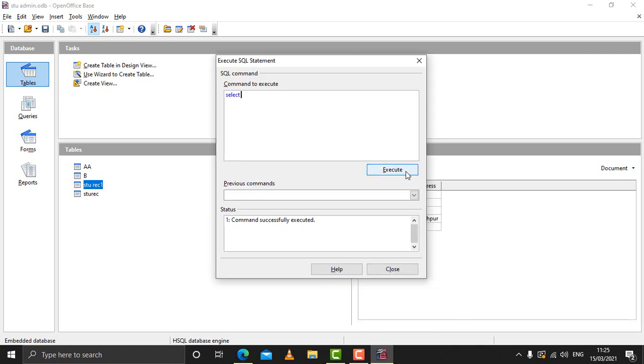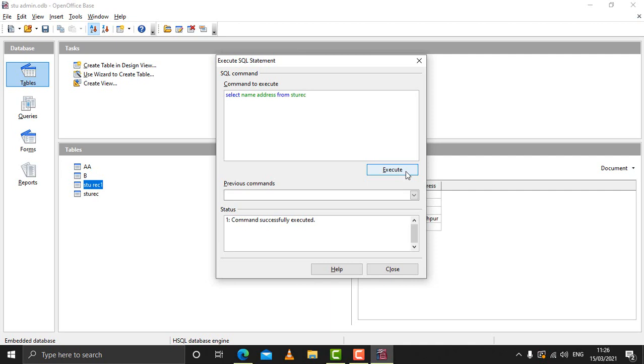Say for example you want to display the columns name and address, so you write select name, address, space, then from, and then the name of the table, that is AA. You write AA here if it is in A. Currently I have the records in STUREC, so write STUREC.